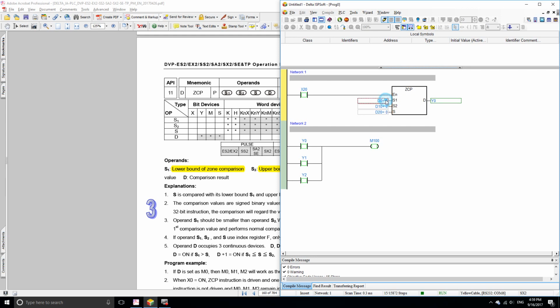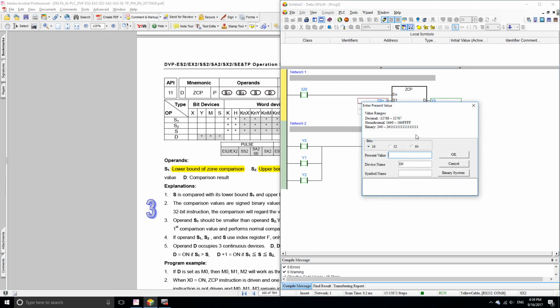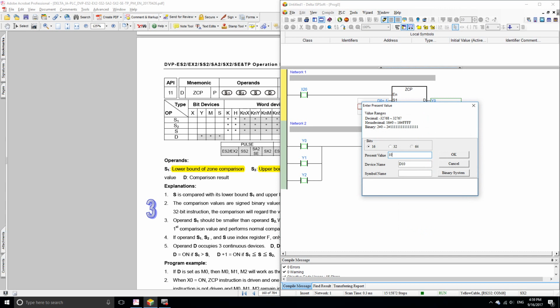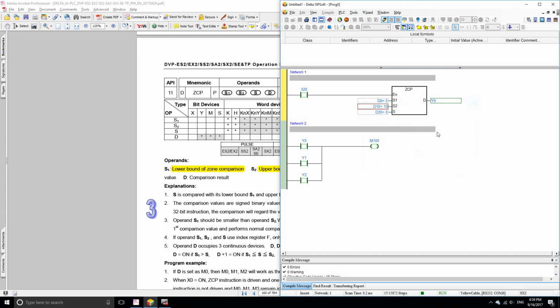So the range is going to be 5 and 10. So is D20 between 5 and 10, and the result is going to be stored in